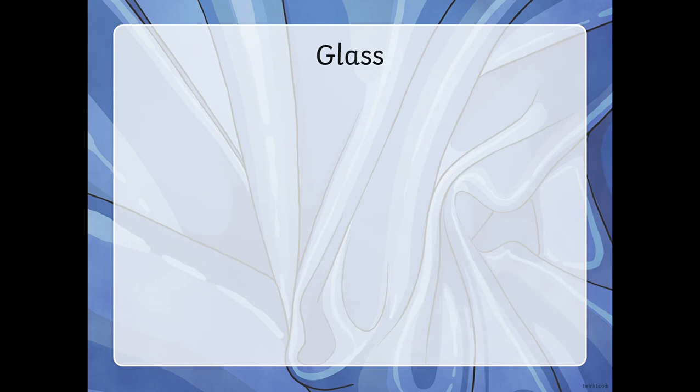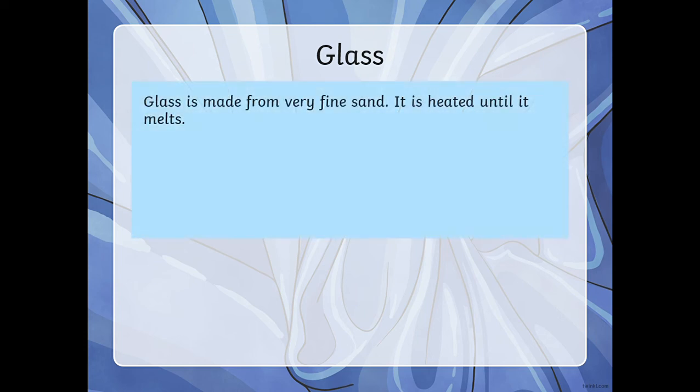You can cut metal into lots of different shapes. It's quite flexible. Glass. I wonder if you can remember how glass is made. I remember finding out about this before and it was a pretty interesting fact. Glass is made from very fine sand. It is heated until it melts. A few things that are made from glass are...